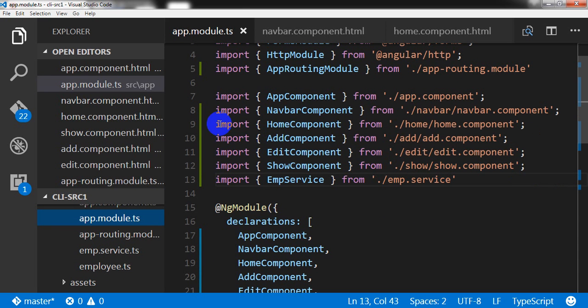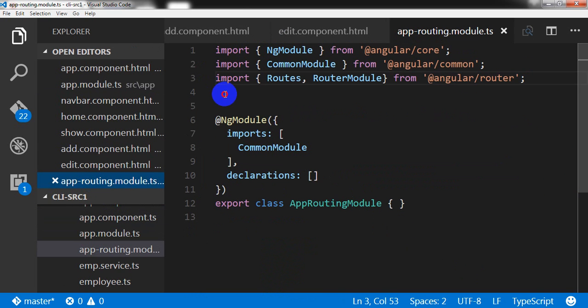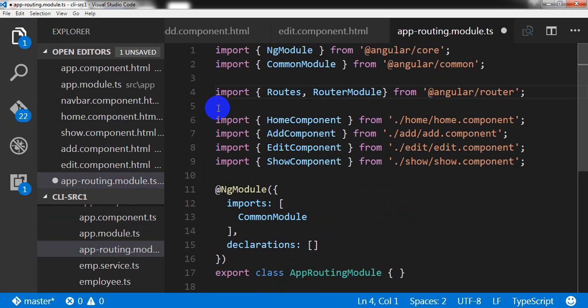So this is the navigations that I need. Copying it and putting it into app.routing file. Okay, making it a bit separate. Okay, now